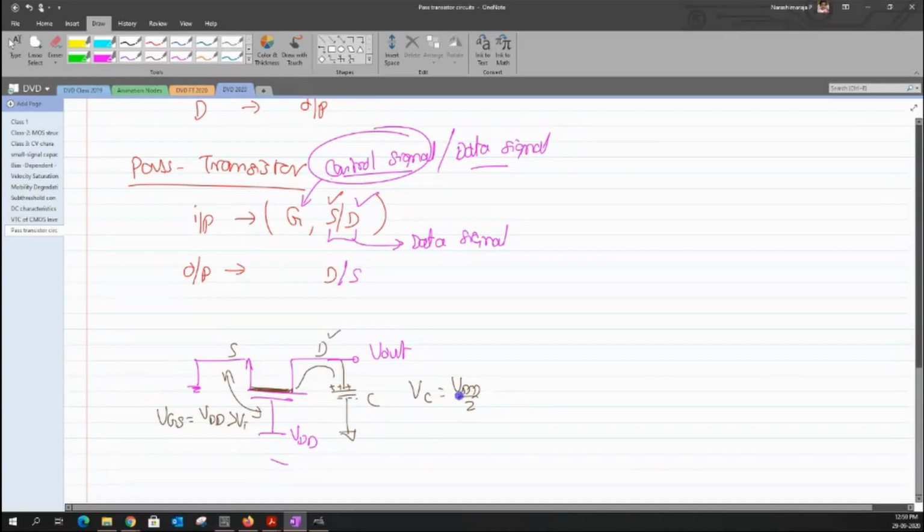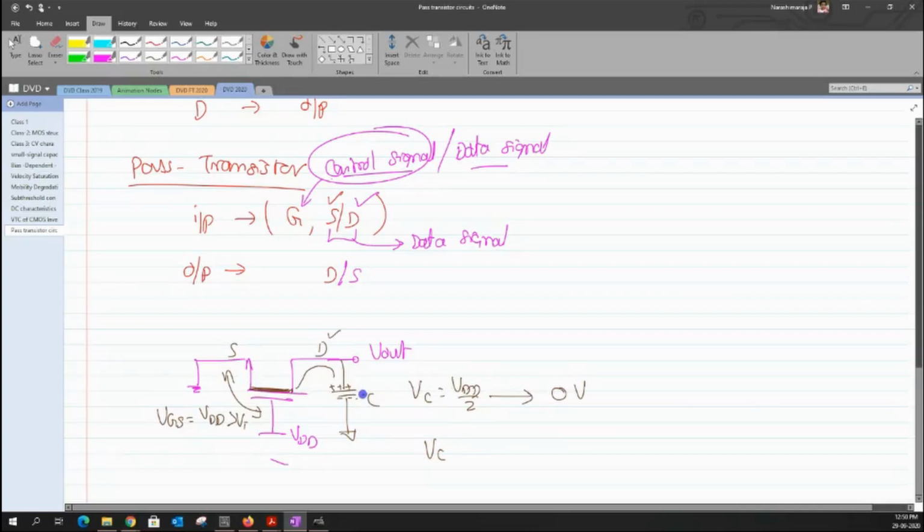So when I lose the charges that I have stored across the capacitor, the voltage across the capacitor will also step down. Throughout this entire transition, the voltage across the capacitor will begin from the value of VDD by 2 and switch all the way to logic value 0. It completely discharges all of the charges that I've stored on the positive plate of the capacitor, and still there exists a channel in this case. I hope that I'm not confusing you.